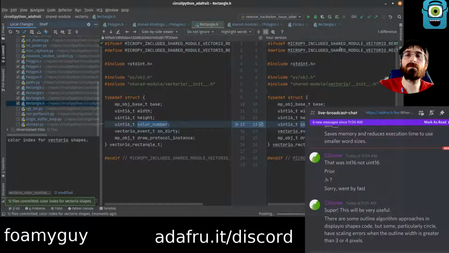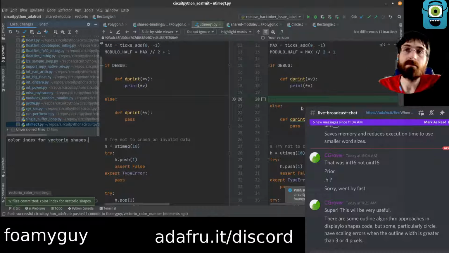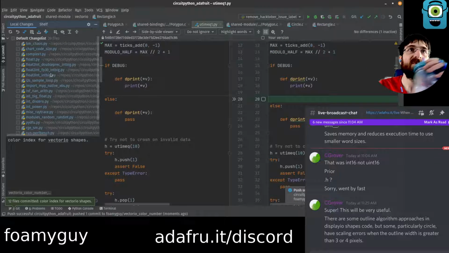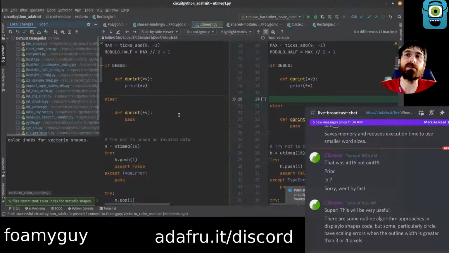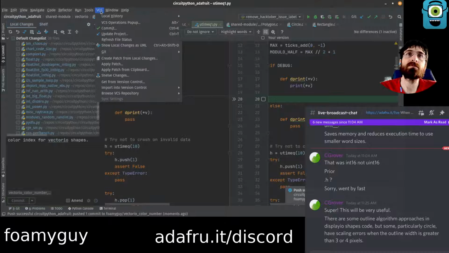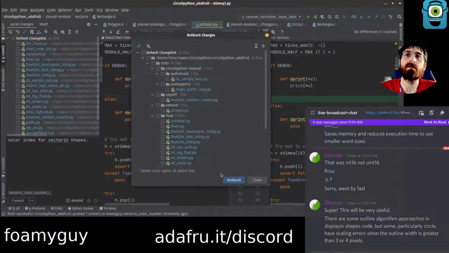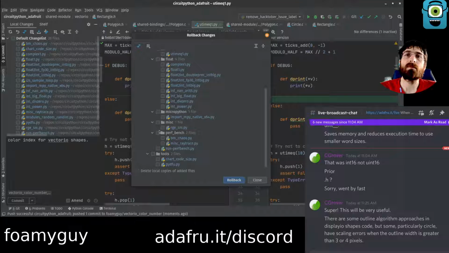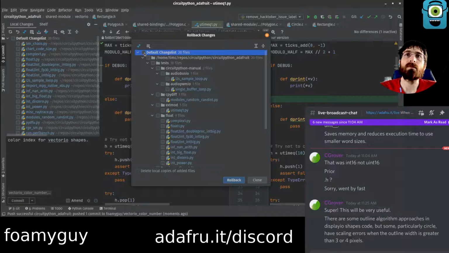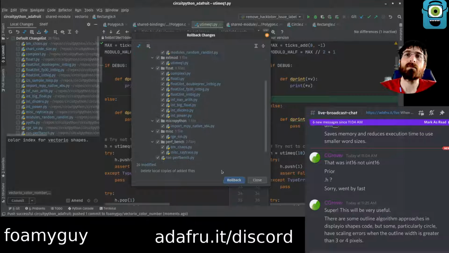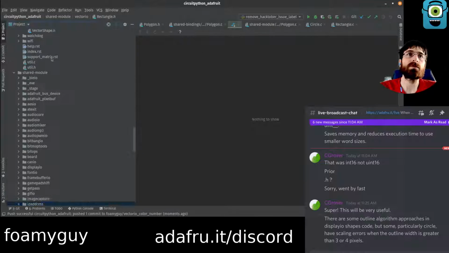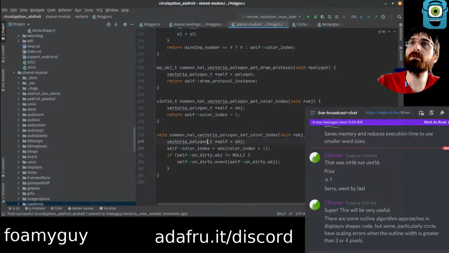Okay. So now I kind of want to revert all of these. Not sure why all those got changed by my pre-commit, but